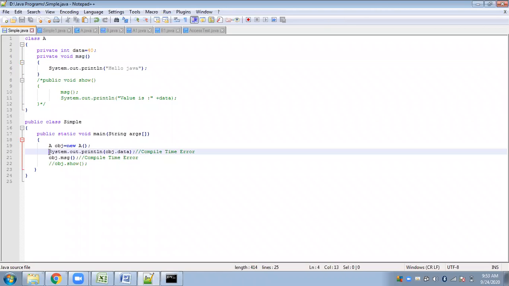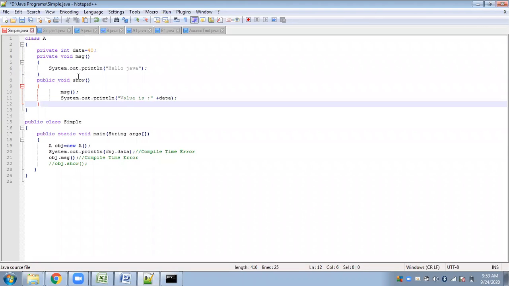As I said, this information can be accessed only from inside the class. So we need another method that can access both of this private data. Here we have used a function which is public void show.